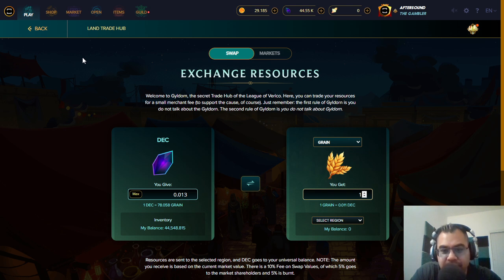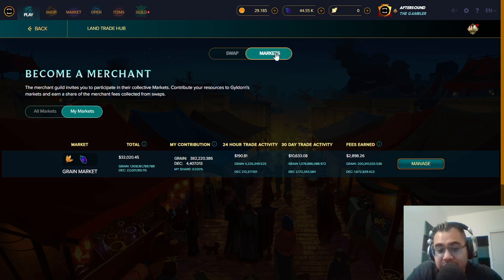So here's the thing. If it's already at 20% right now, what happens when people actually need it on a regular basis? Meaning that once Land 1.75 rolls out, and all of my plots are switched to wood, for example, I'm going to need some grain, which means I'm going to have to go to the market and start buying it just like everybody else that doesn't have grain. So that's going to be really interesting. And I do think that the volume, if it's showing at 20% right now, is only going to increase, which means those fees should go higher, which means that the APR should go higher.